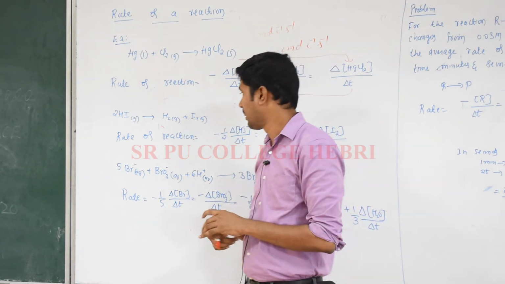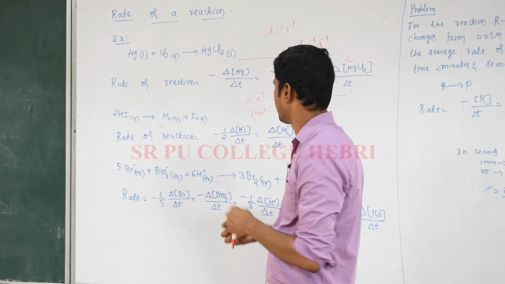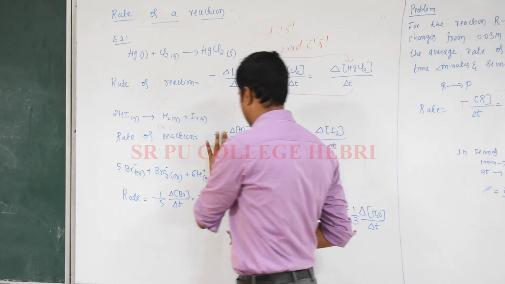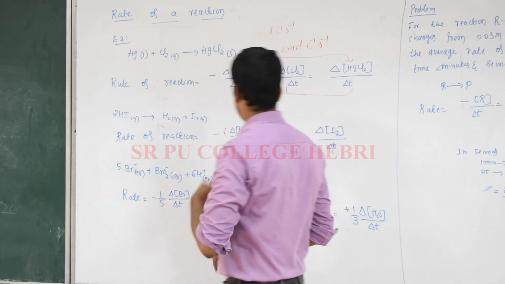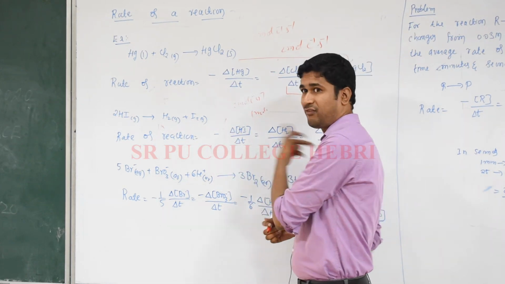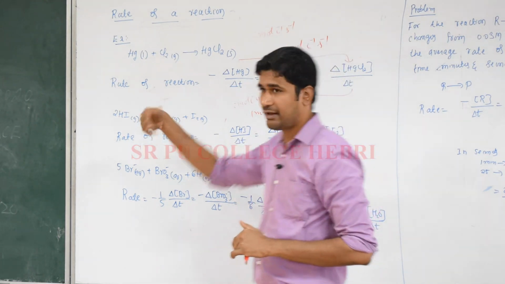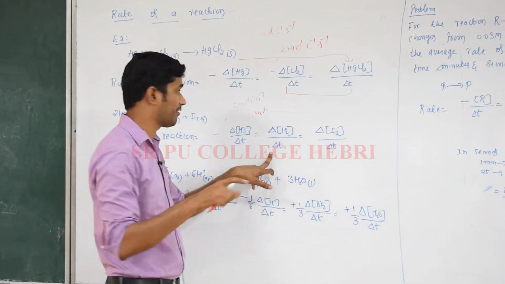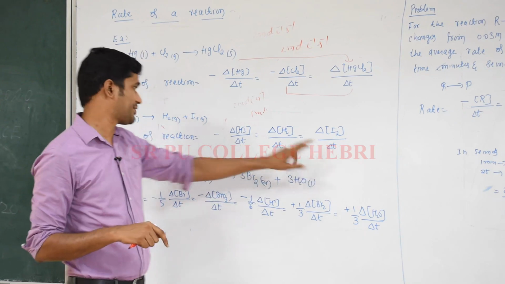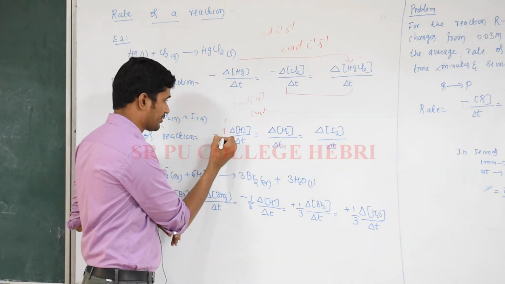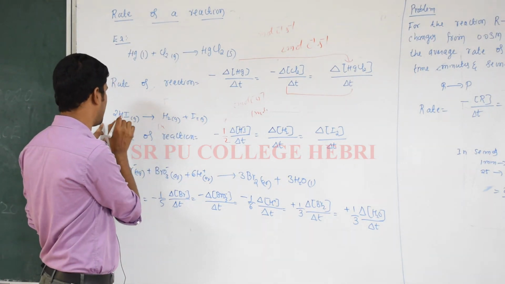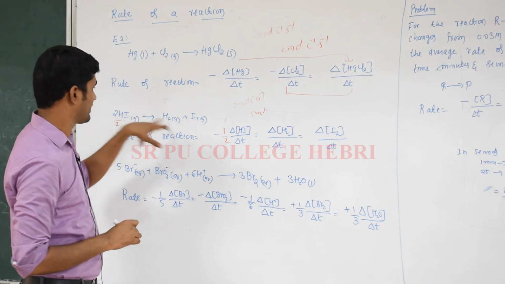Just an example. So now the rate of the reaction is equal to, how do you write it? Since it has a coefficient equal to 2, you cannot write it like this: minus delta HI divided by delta T. Why? Because this is not equal to the rate of formation of these two. The rate of disappearance of HI is not equal to the rate of formation of H2 because it has only 1 mole. Here also it has 1 mole. So we have to make the rates equal. That's why you divide this by 2 in order to make them equal. Now when you divide by 2, it becomes 1 mole, and this side also becomes 1 mole.